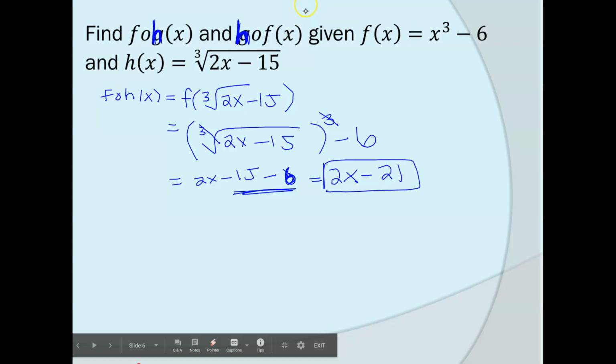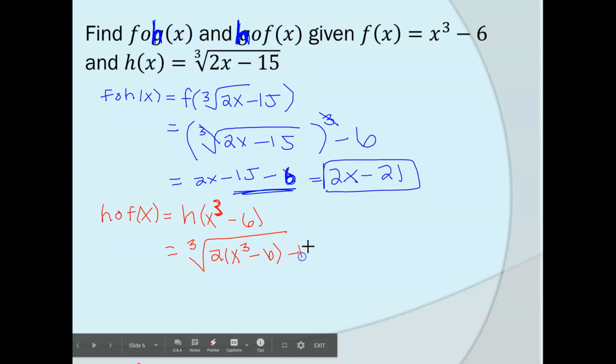We can do something similar for h of f. So h of f of x is equal to h of x cubed minus 6. So everywhere h has an x, we're going to replace it with x cubed minus 6. So that becomes the cube root of 2 times x cubed minus 6